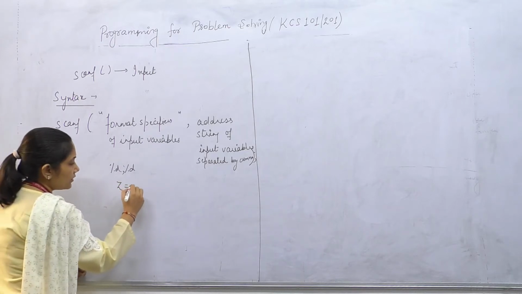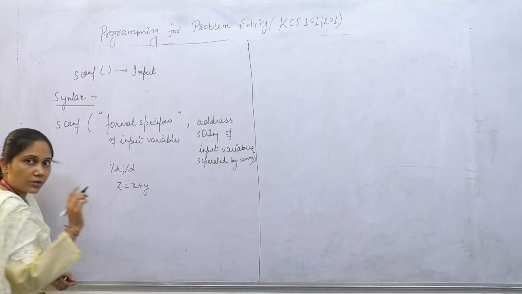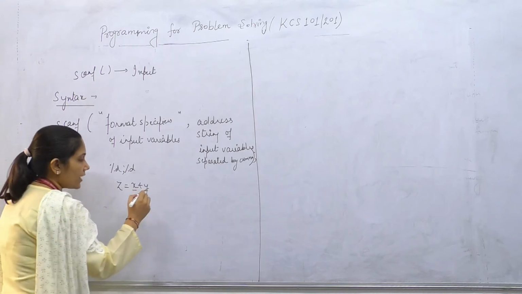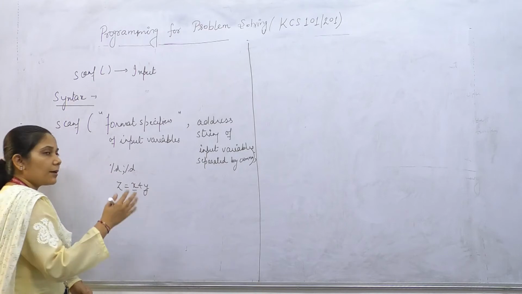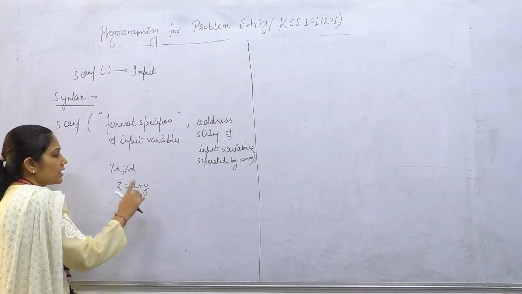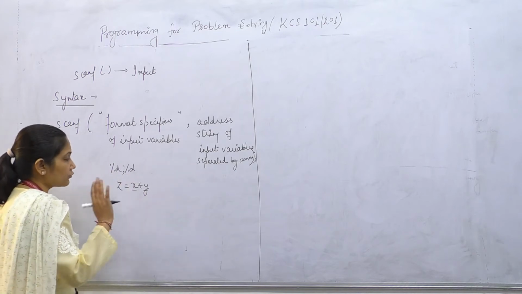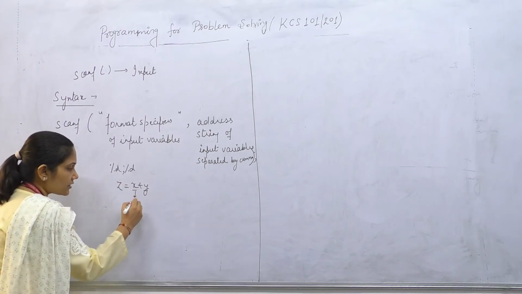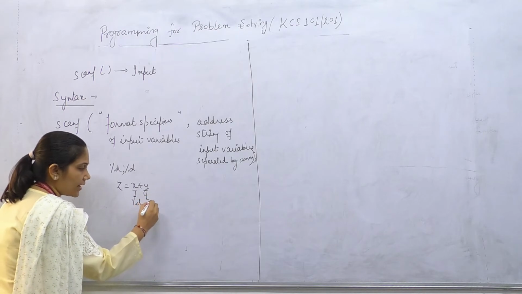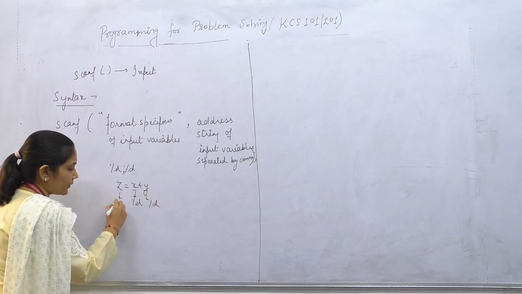Suppose I use the same program, x plus y. Now I want x and y every time a new user comes or executes our program, so they will provide the values for x and y as input from the user. So x is an integer, %d format specifier, y likewise, and printf, you know how to print it, right?